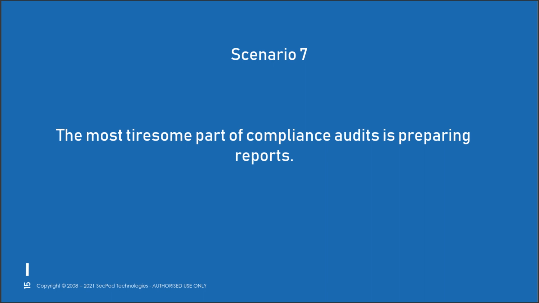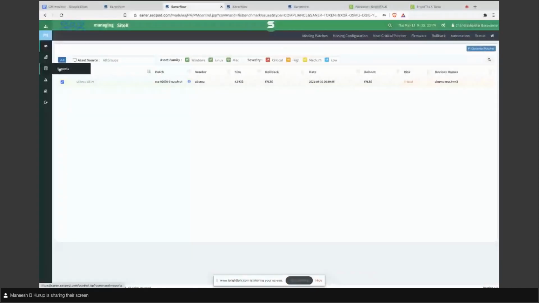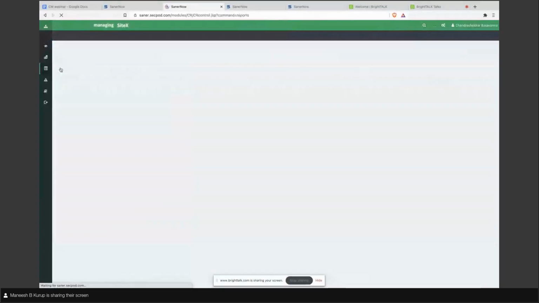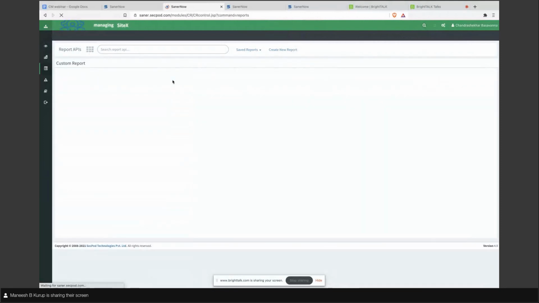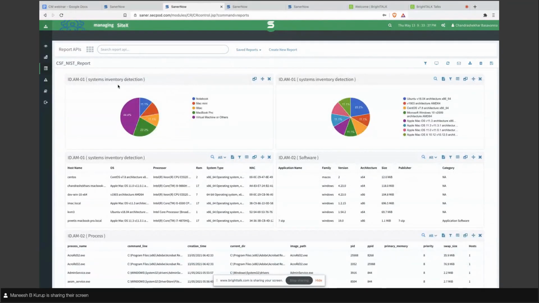Over to you, Manish. So yeah, reporting is crucial in terms of getting the certifications and showcasing your compliance status to somebody else. So Sena now provides an interesting reporting interface. This is the report interface, and here I will be loading a custom report which was prepared. This is created as per the NIST requirement.